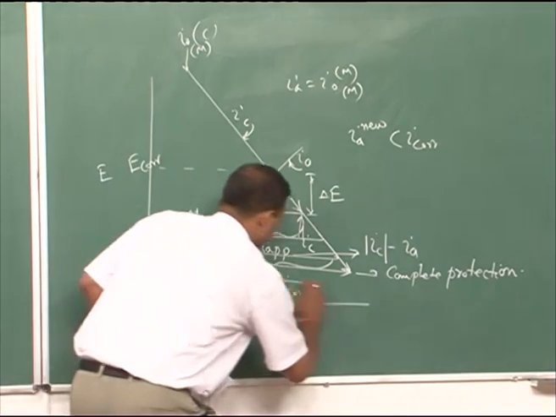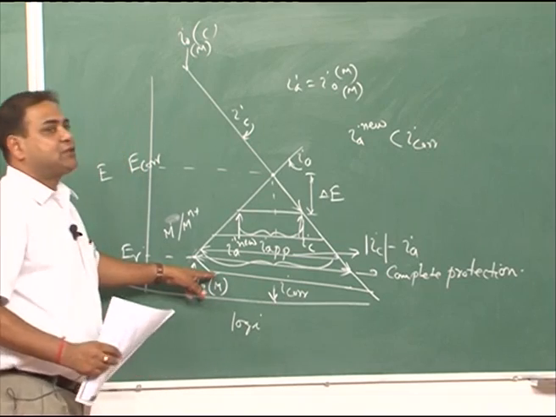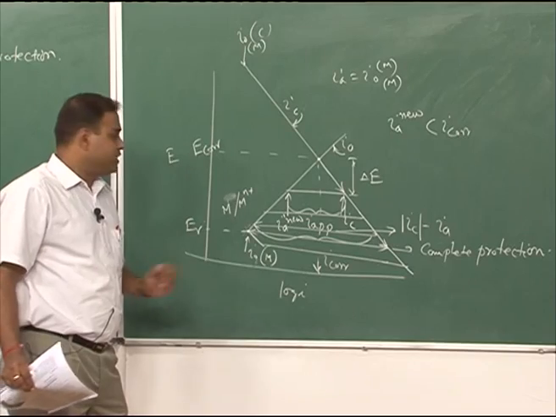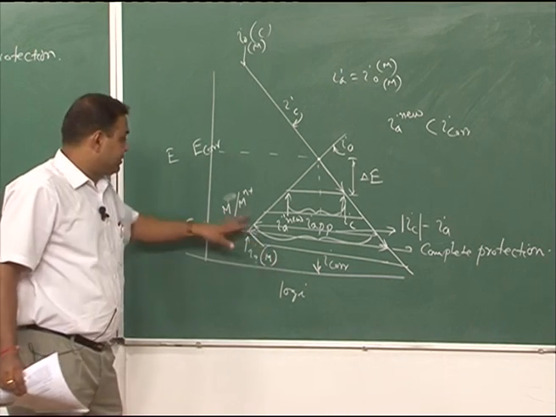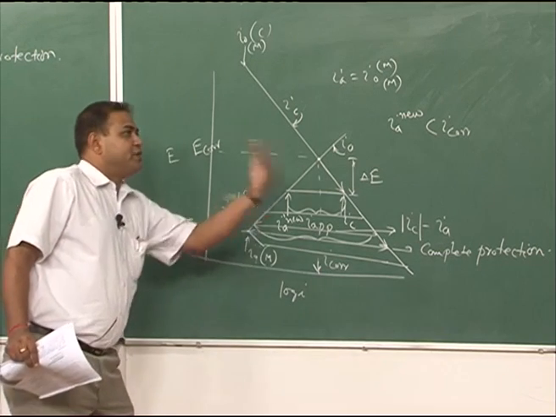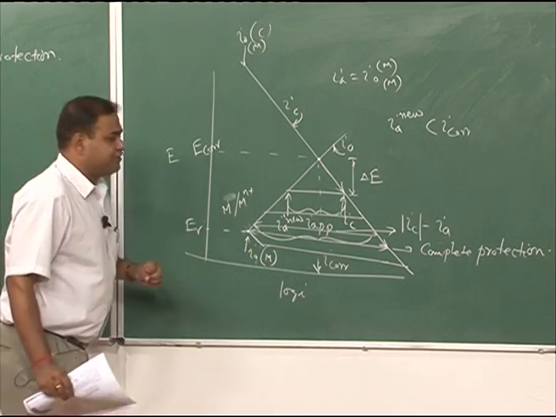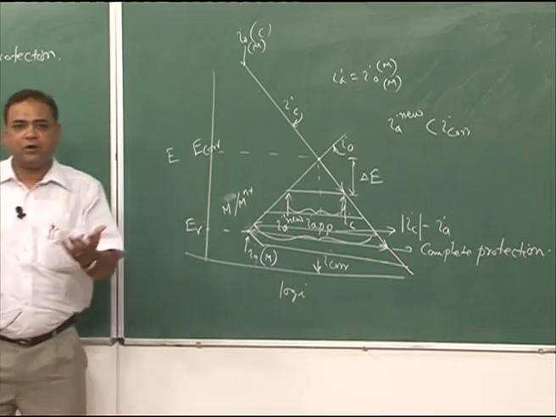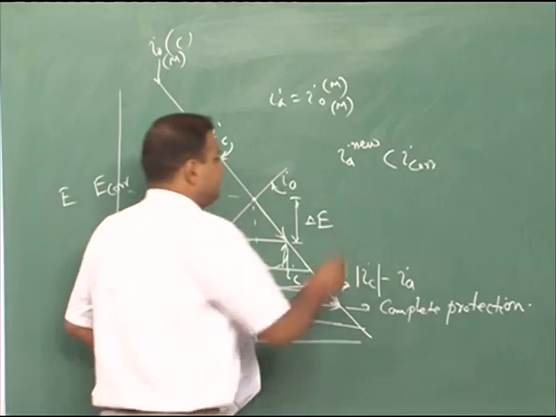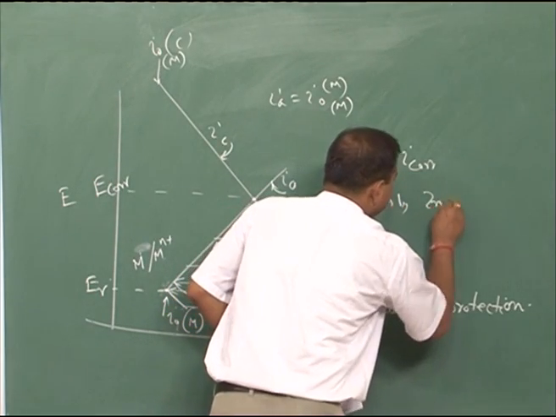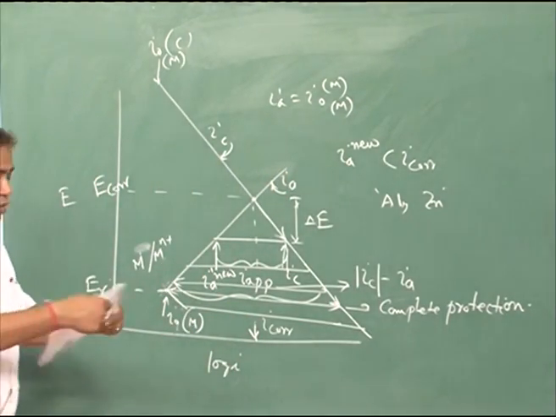If we go down, what would happen? I will see that it is becoming a cathodic reaction. This is also cathodic. So, this part of the metal polarization is a cathodic polarization of metal ion going to elemental metal. So, below this complete protection, instead of having better corrosion protection, there could be a situation for amphoteric metals, like aluminum or zinc, where there could be corrosion again. The corrosion could be like this: